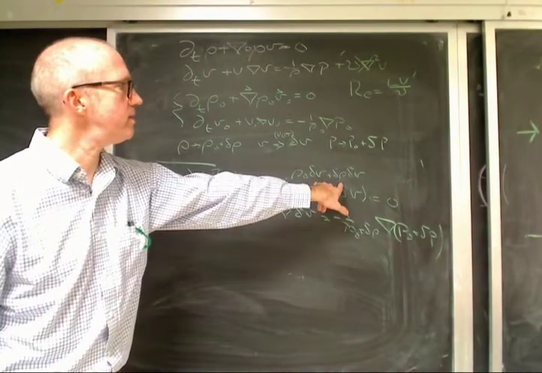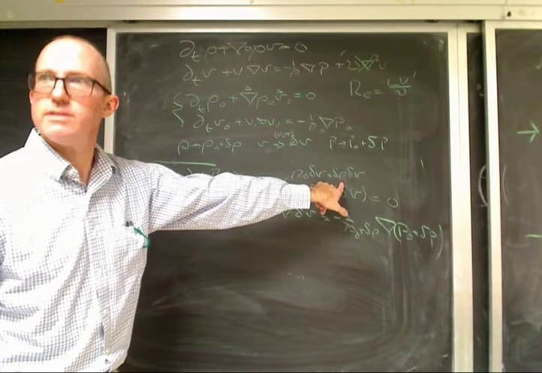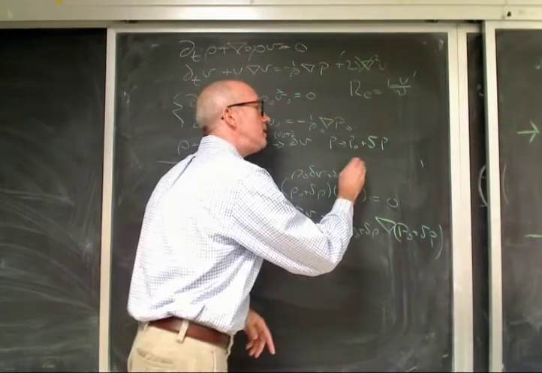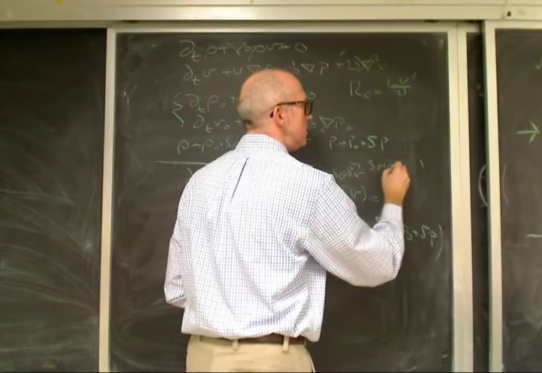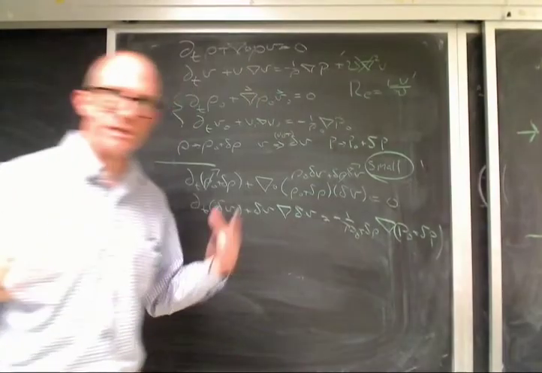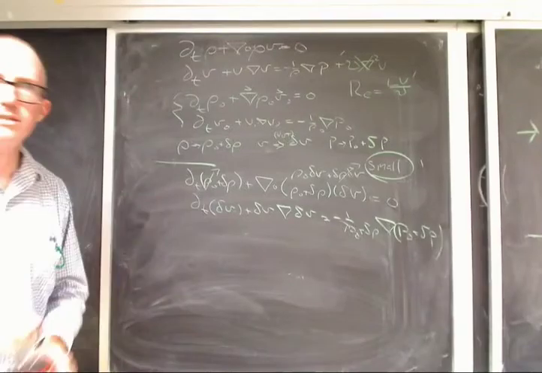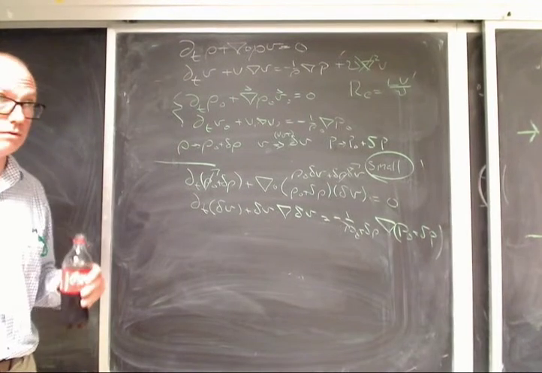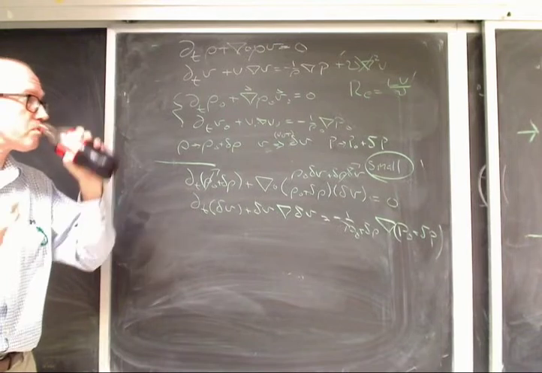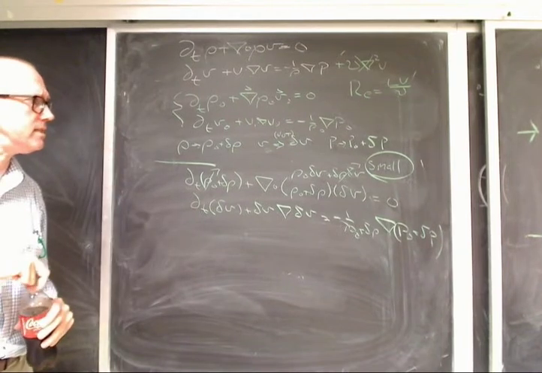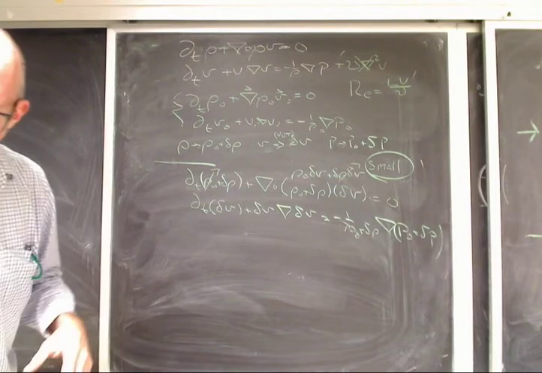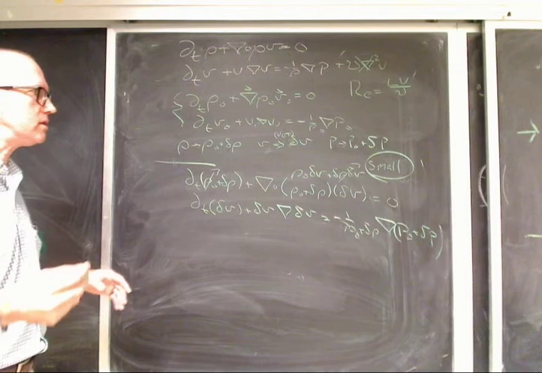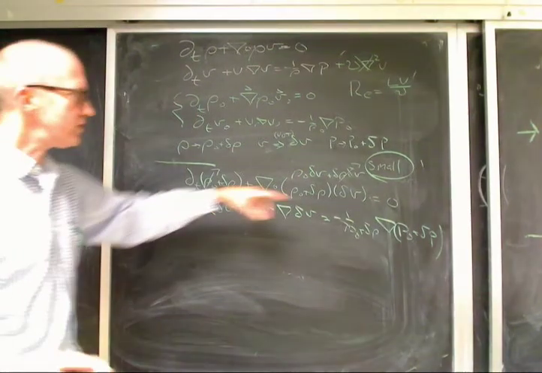So which one of these two am I going to throw out? The second. The delta rho, delta V. So this one gets thrown out. Why? Because it's small. And here is some magic. There is some magic here when throwing things out, because sometimes you throw things out and you shouldn't. Sometimes it's not always easy to tell if it's small enough. But a lot of the time as a physicist, you can just do it and pay the cost when you screw it up. So we're just going to throw these out.